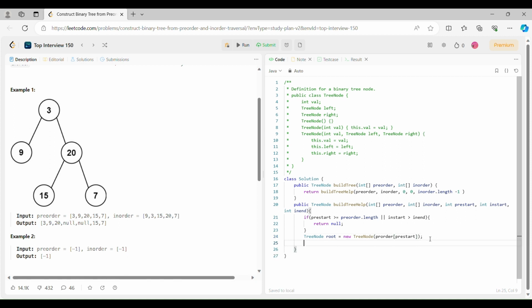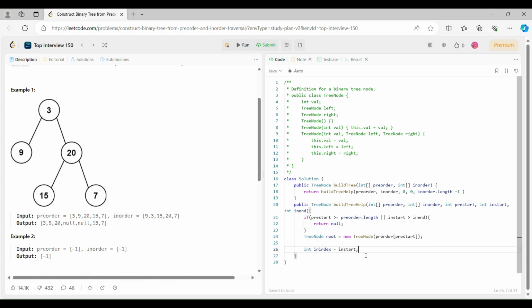Okay, so after that now we access this first element, and we know that the first element of the preorder is the root. Now we are going to find the index of this 3 in the inorder. So for that purpose we are going to create one variable, int index, and start it from 0, and now we are going to search for this 3 in this